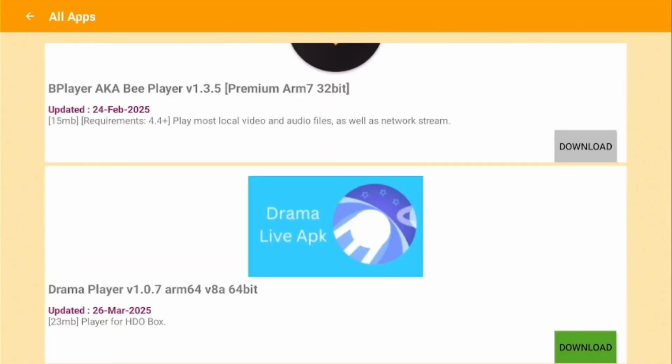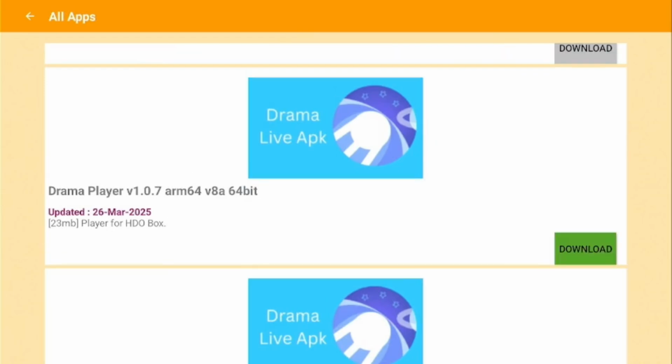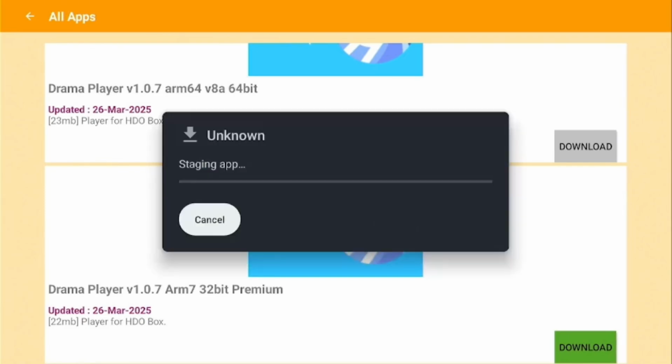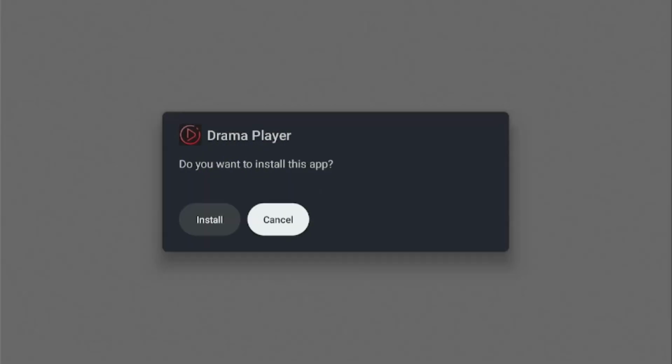So right there you see the Drama Live APK. This is a drama player, and I'm going to click on download. So in this case, I've already downloaded the application. Click on this button and it begins to download, and it's done in a fairly short period of time. So immediately after download, you're going to go to the installation process, just like you've seen me do here. So as I click on the download button again, since I have the app downloaded, it's staging the application and